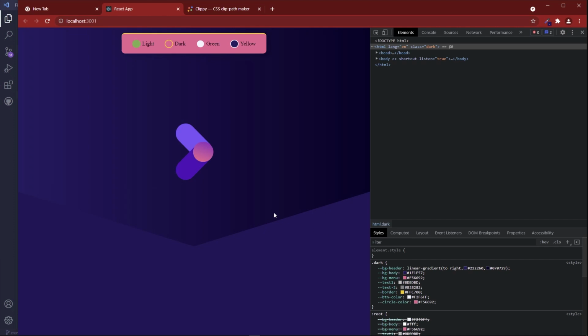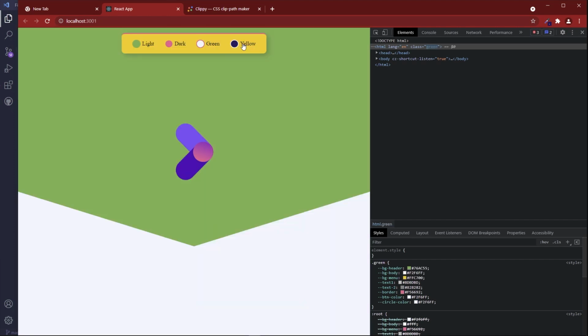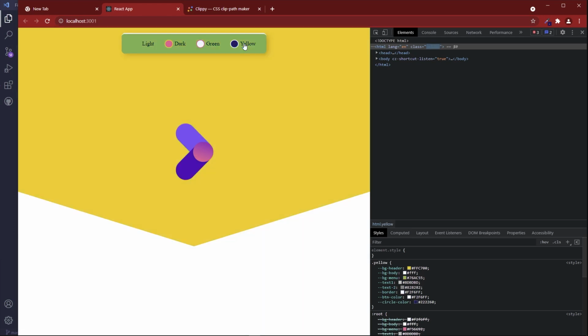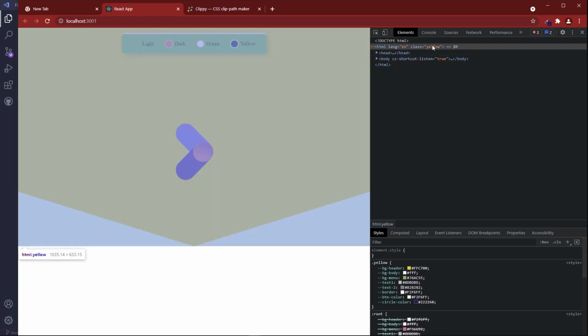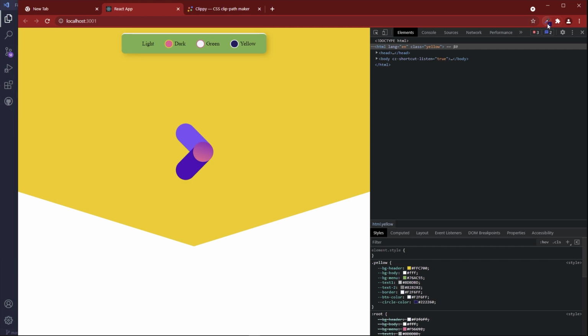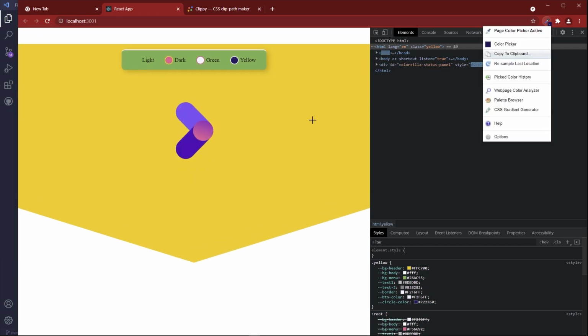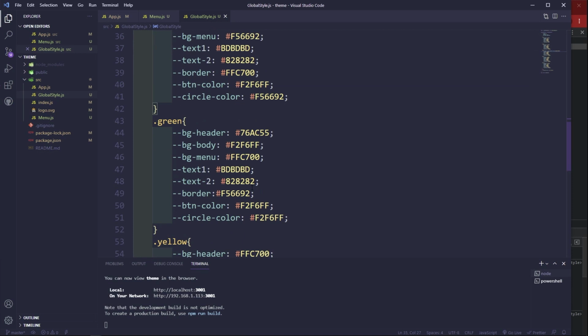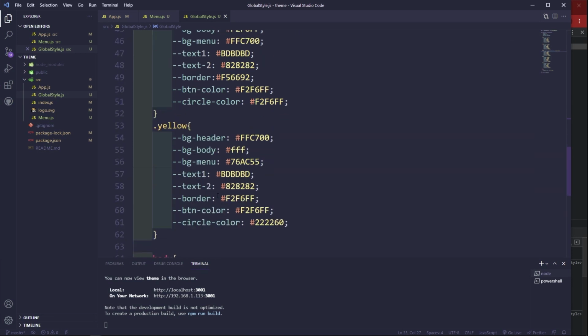Yeah, something like that. So for the yellow, I don't know what I'm going to put on yellow, so I need to take this yellow color, BG body,